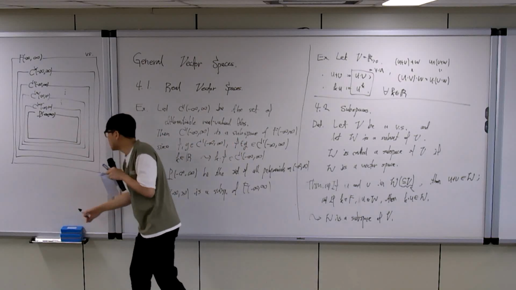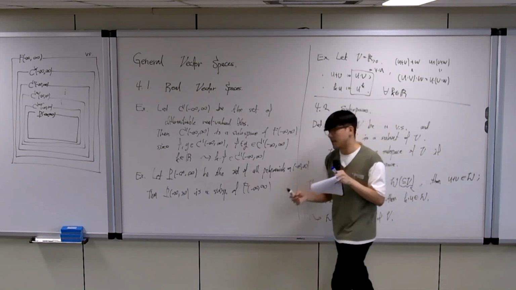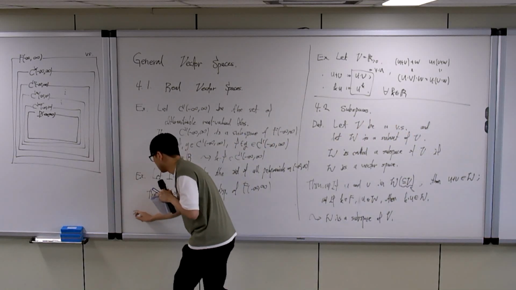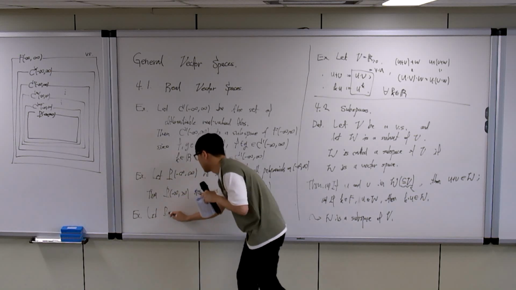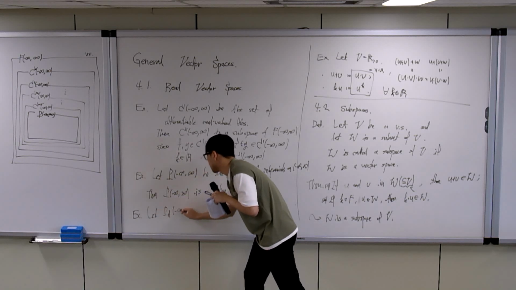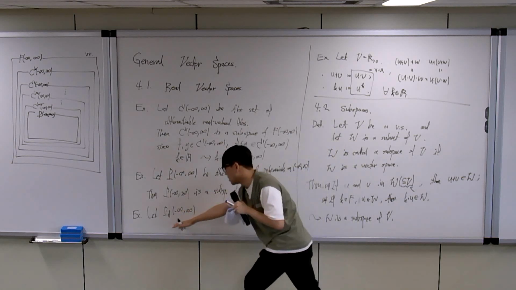And also when you consider polynomials of limited degree, if the degree is less than or equal to d, then we will denote it P sub d,